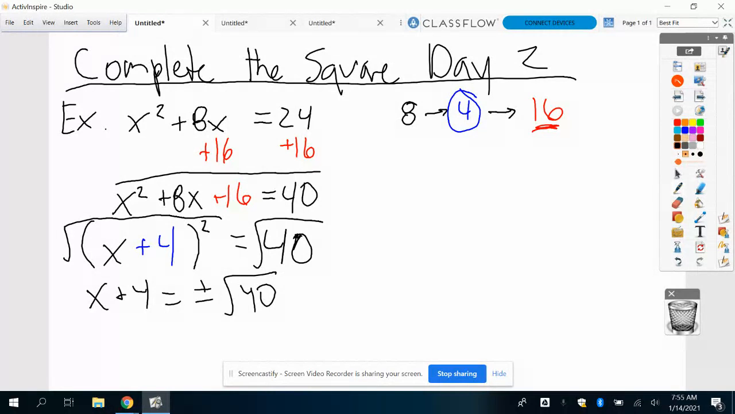Now what we need to do at this point is simplify that 40. So if I do a factor tree of 40, we got 2 and 20, 2 and 10, 2 and 5. So basically you end up with the 2's there as a pair, and your 2 and 5 are left over. So if I rewrite this,